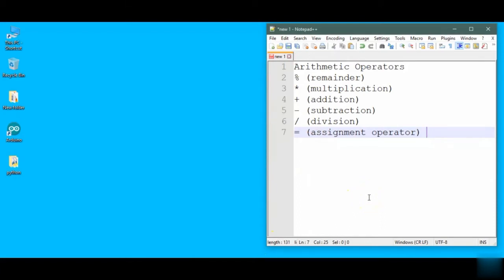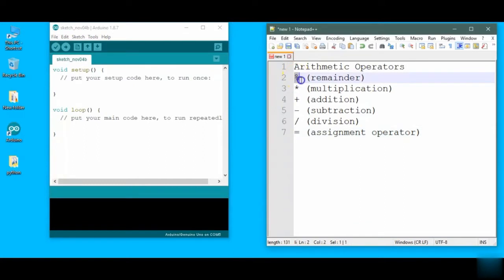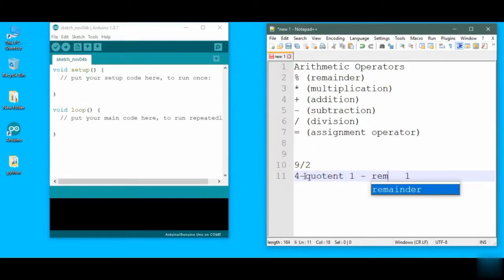In every programming language we have the same arithmetic operators as in our Arduino programming. So first of all we have the remainder. What a remainder is: if I divide 9 by 2, the quotient I will get is 4, and there is one extra number here that is known as the remainder. So I have 4 as quotient, that is my divisible number, and 1 as remainder. So this operator similarly provides us the value of the remainder,